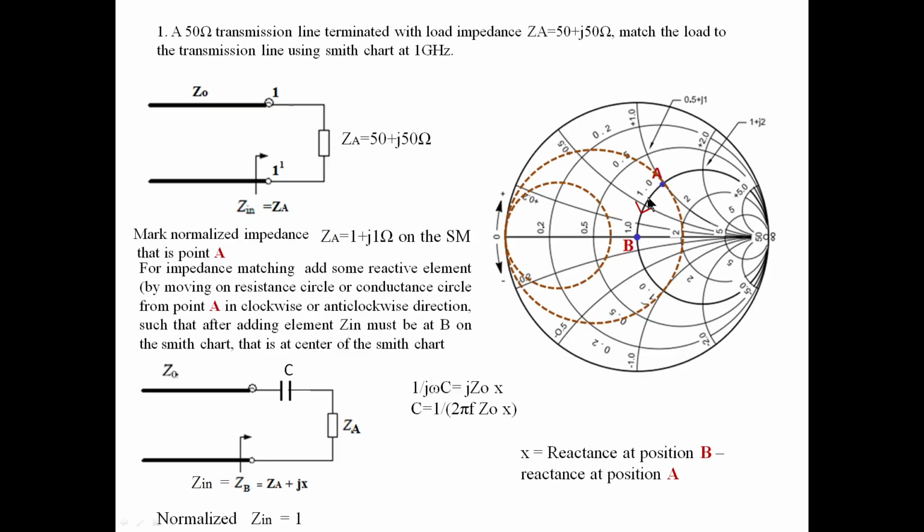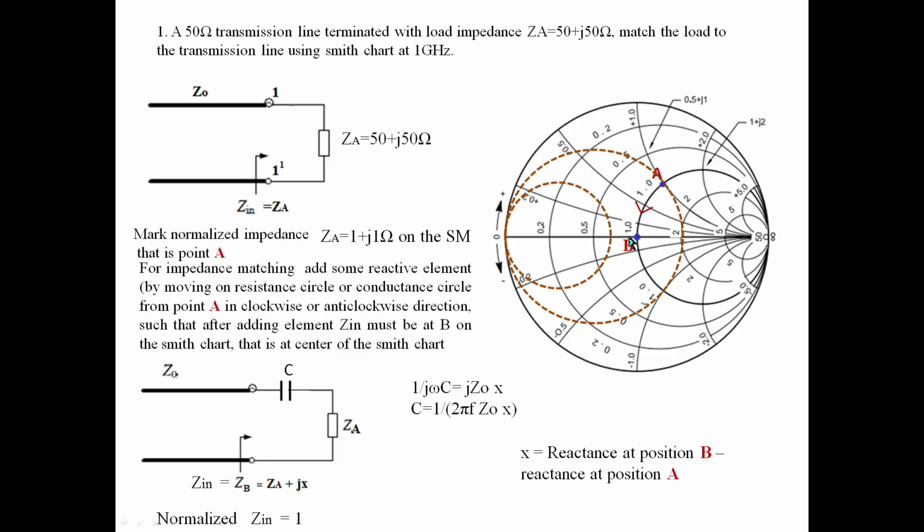Okay, what is next? Automatically, if you move to the center of the Smith chart over the resistance circle, a capacitor is added, and its opposite reactance is -1. Okay, like that. So what we did in this problem: our load is on the R equal to 1 circle, so we easily reached here.